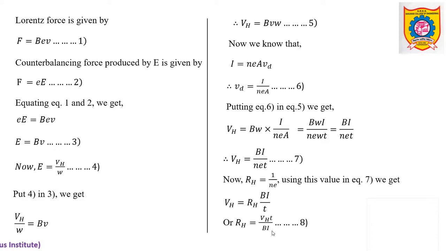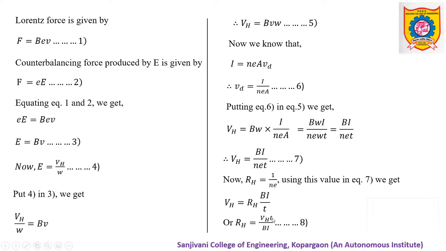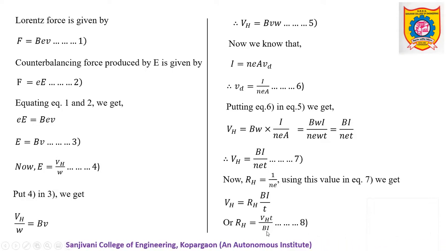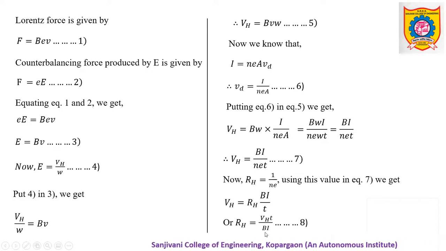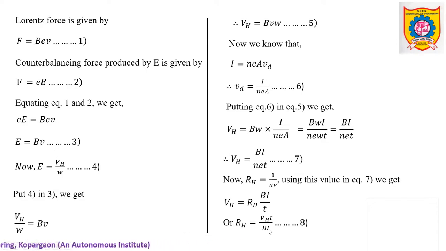From this equation, the conclusion can be drawn that if you are performing the experiment and a certain specimen is given with some thickness T, that means T will be constant. Okay, so which are the variables? These three are the variables: VH, the Hall voltage, which will depend upon the values of B, that is magnetic field, and current flowing. Now imagine that by keeping all the parameters constant while performing the experiment, you have kept magnetic field constant and only current is increased. So what will happen?